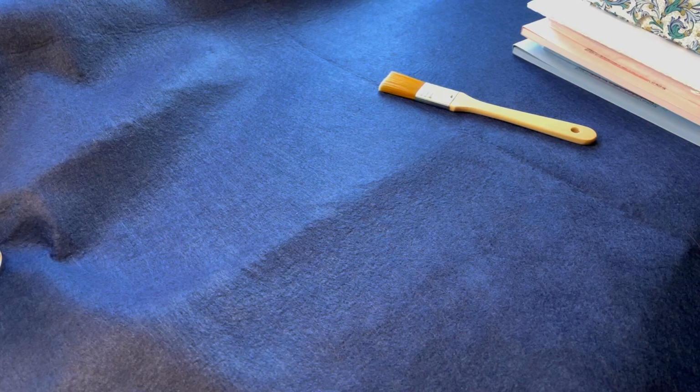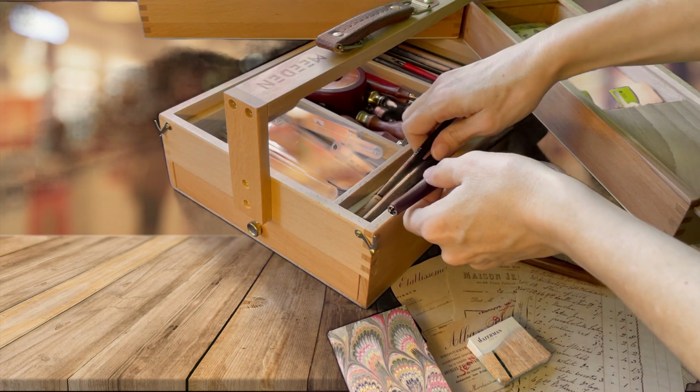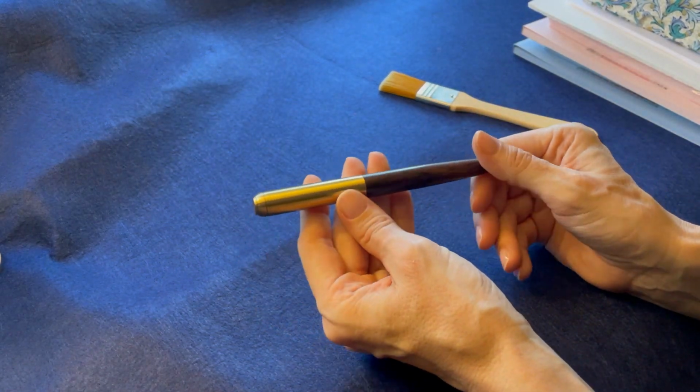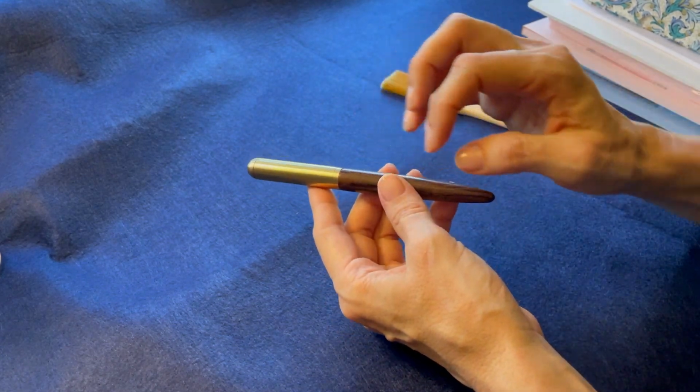How would you like to pick out a pen? Would you like a felt tip, a ballpoint? We also have gel pens, and we have fountain pens, dip and fill, and a large variety of nibs. Yes, you can certainly see some fountain pens. This one is very popular. It is wooden